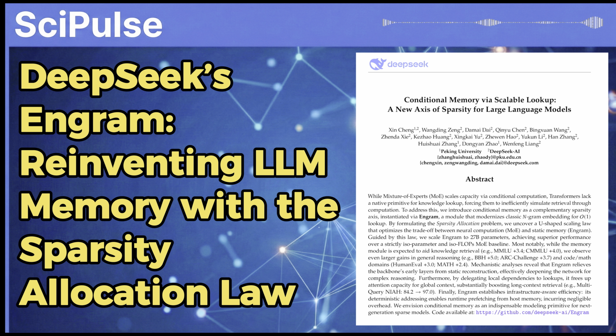A huge win. But conditional memory is different. It's not about which part computes. It's about whether to compute at all. It just takes the knowledge out of the calculation process entirely. Exactly. Engram scales capacity using static, scalable lookup. It's physically pulling the knowledge storage out of the neural network's main path. And this isn't just sticking a database on the side. It's deeply integrated.